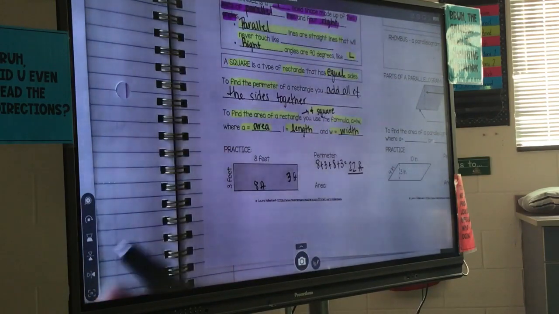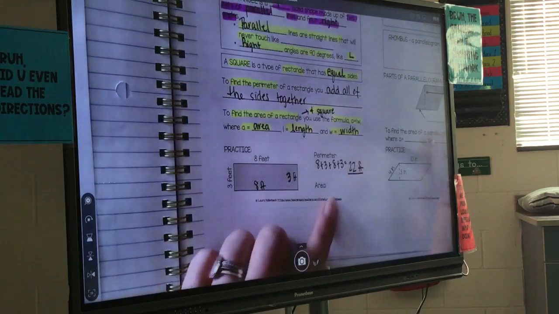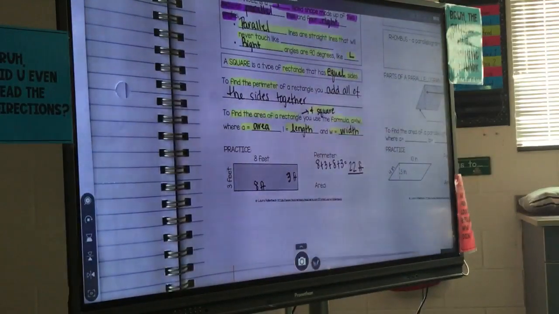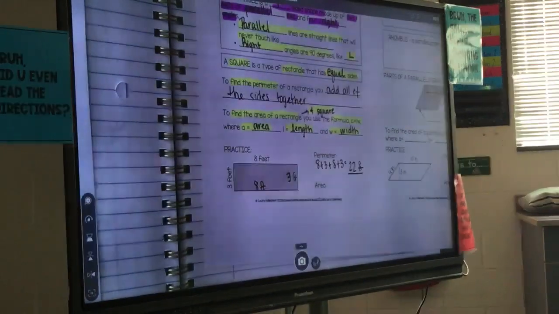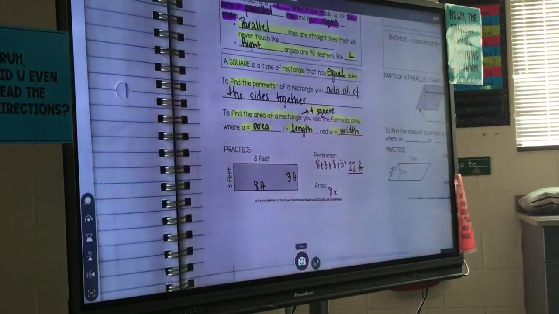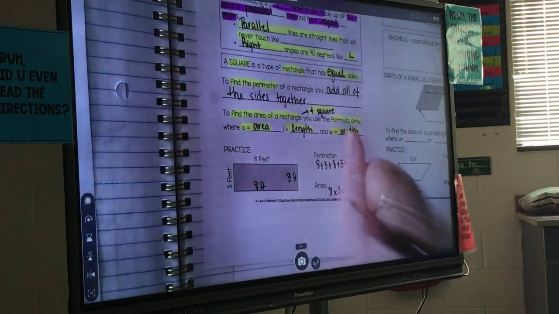So this time for area, we have to do the length times the width. With a rectangle and a square, it doesn't matter what your length is or what your width is. You can pick either one. So what are we going to consider our length? Isaac? 8. All right, so we're going to do 8 times our width, which is going to be what, Isaac? 3. All right, so 8 times 3 gives me,